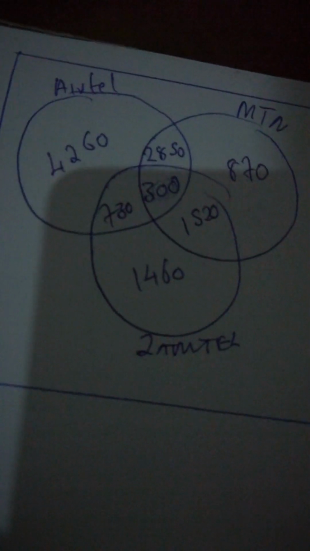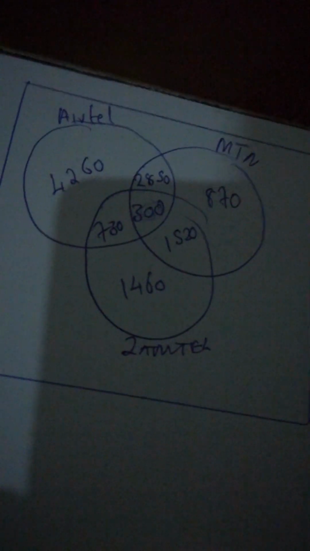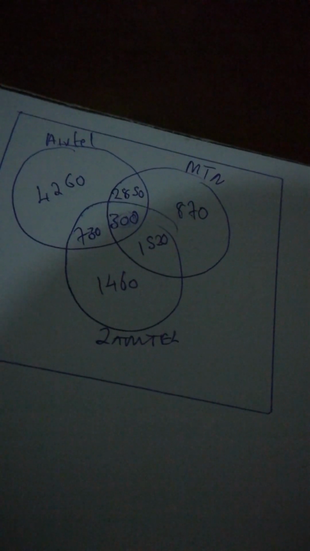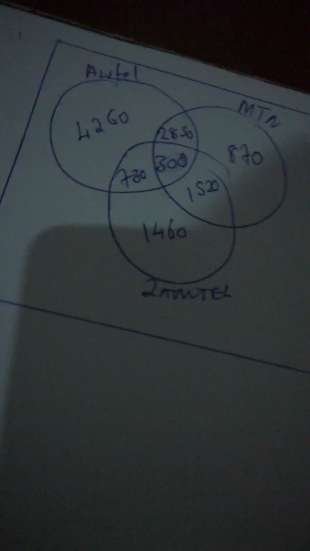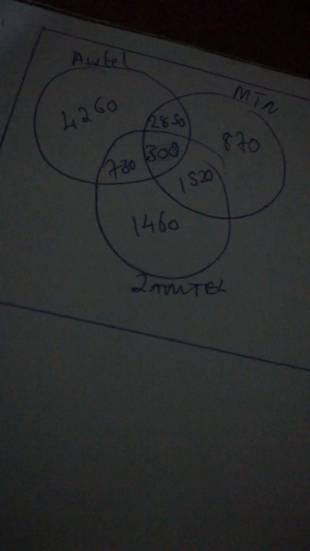When I add everything here on my calculator, I'm getting 11,990. When I subtract this 11,990 from the total number of people who were interviewed, I'm getting a balance of 2,504. This means they did not prefer any of these, so you can write this down here to show that they